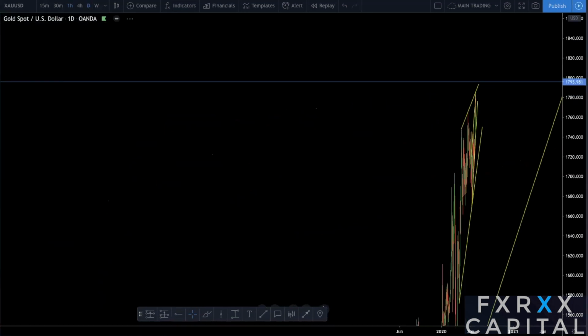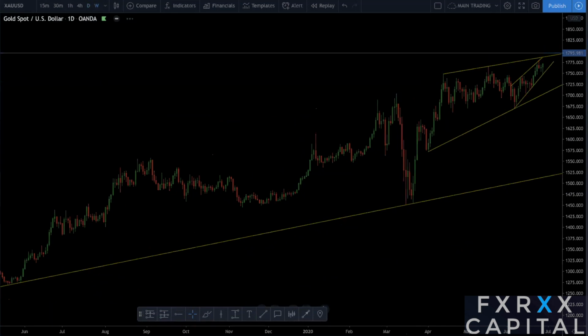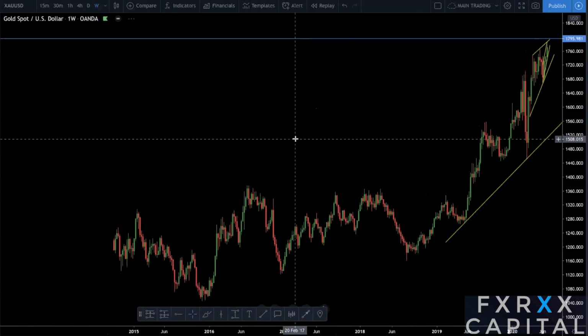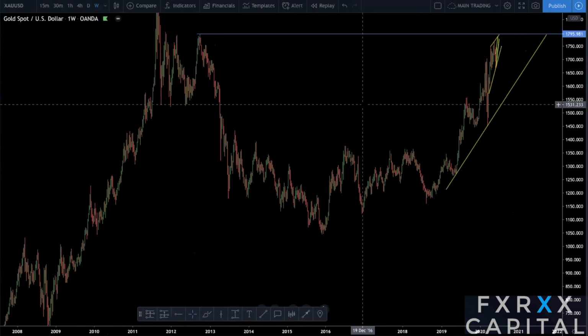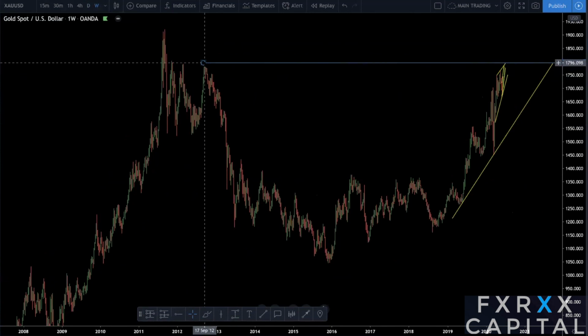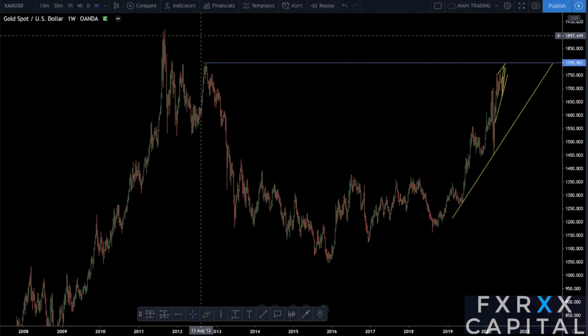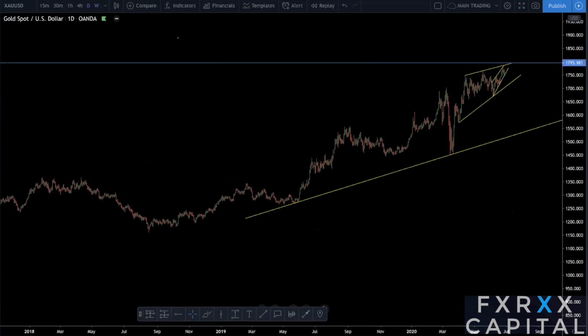USD, high time frame. If you go to weekly, we're going to almost approach this all-time high, October 2012, which is almost 1,796. So if we go to daily, we focus from high time frame to lower time frame,